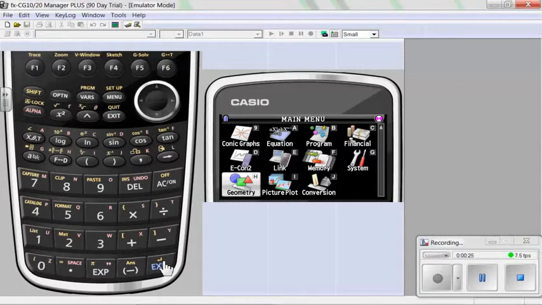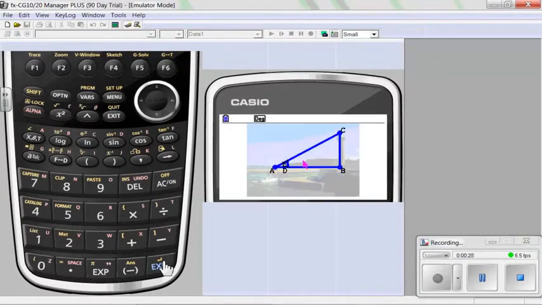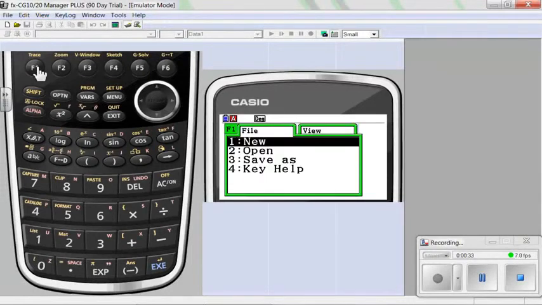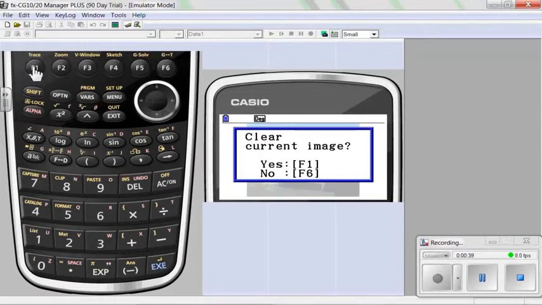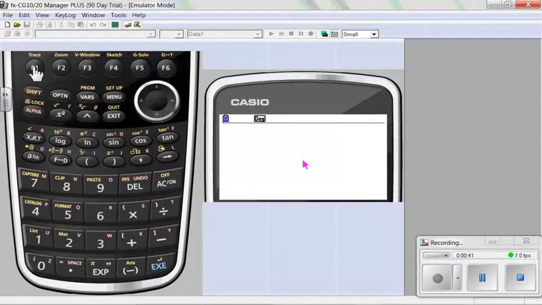So let me jump into H, our geometry window. Got some stuff sitting there from earlier, so let me get rid of that. I'm going to go with a new window. Yeah, I want to get rid of the image. I'll do some images later on with geometry. It's a really neat feature. But today let's do some constraint-based geometry. I'm going to build a segment.